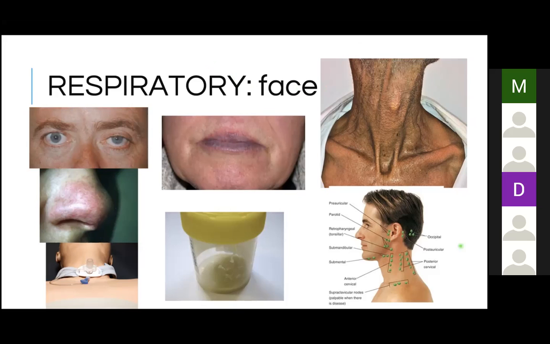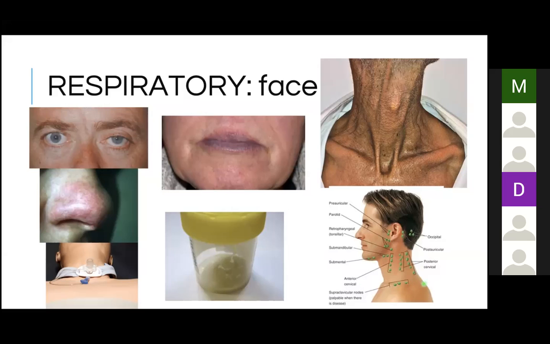Okay, and then I've just put this image in just to remind you that for the cardiac, oh, how do you spell the node? It's Virchow's. Okay, and then the picture with the lymph nodes is just to remind you that you need to always